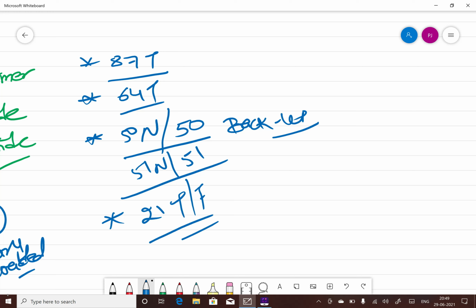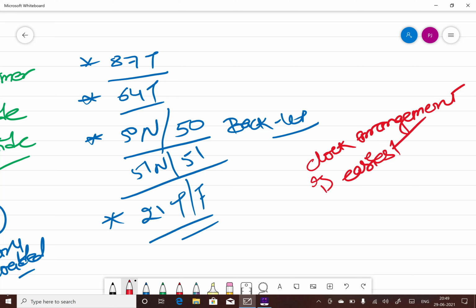So hopefully in today's session you understood the connection arrangement very well. If not, try to draw as many connections as possible by yourself, and in case of any doubt you can directly comment in the comment box. I will try to explain these concepts by different methods, by using the phasor diagram or the clock arrangement, but I think the clock arrangement is the easiest method to draw the transformer connection, and that's why I have used this method.